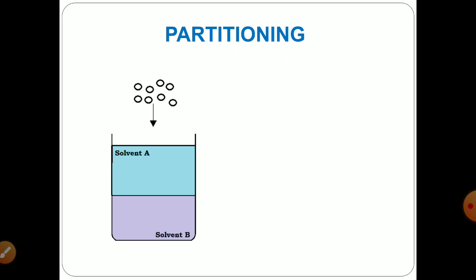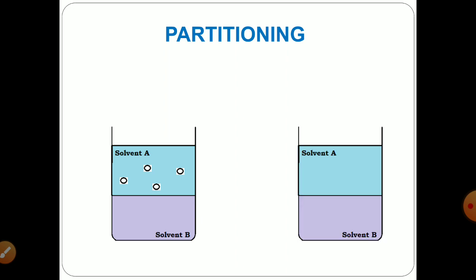So when this highly polar solute comes in contact with the mixture of two solvents, this solute will have affinity toward the solvent having like polarity. And as the thumb rule of like dissolves like, this highly polar material will have affinity toward the polar solvent. Now to the same mixture, if I pour a solute which is less polar compared to the first one, obviously it will have affinity toward the second one, which is the less polar solvent compared to the first polar solvent.